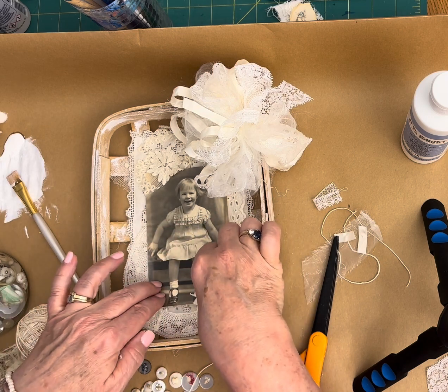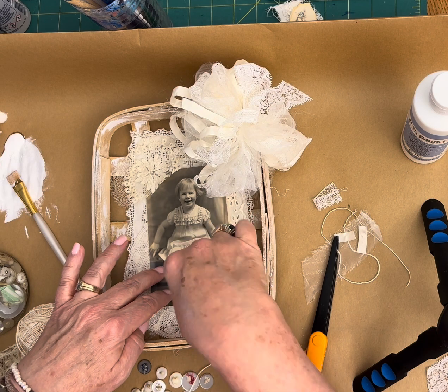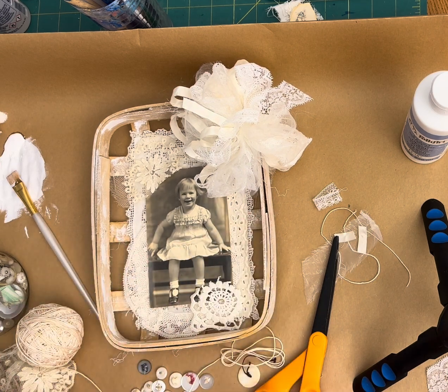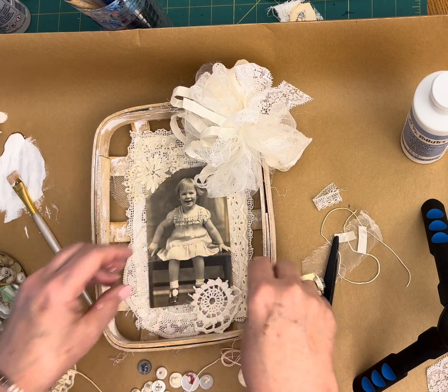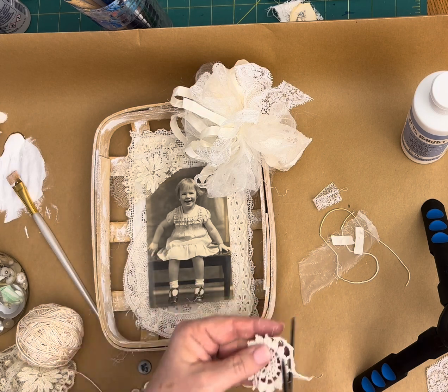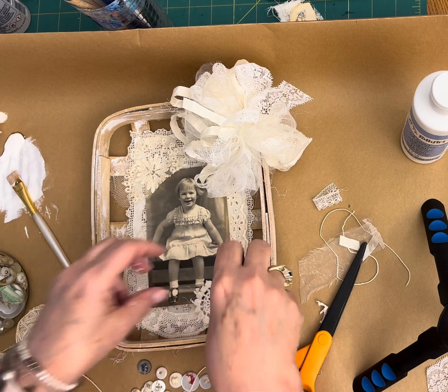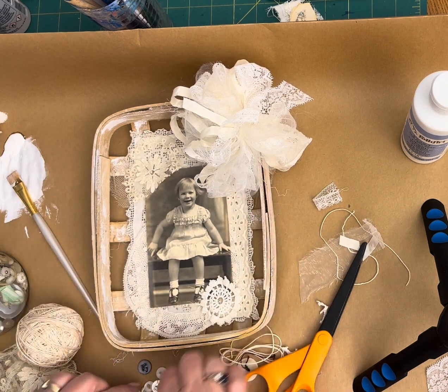What if we have this up here and this is sort of down here? I'm liking that better. I'm going to cut some of this off. It feels a little bit too big for me. So I think if we put that there with